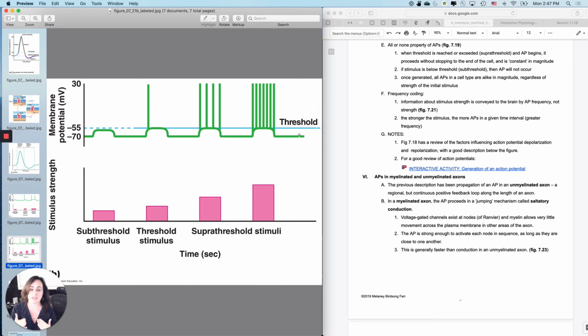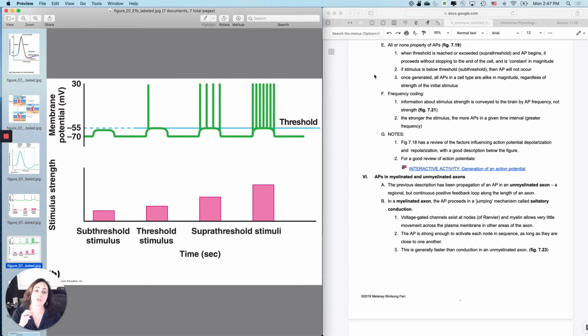The difference is really this. Poke my finger with a pin, I get action potentials that kind of go like this. They go pain, pain, pain, because it's not a very strong stimulus, so I don't have very frequent action potentials, versus cut my finger off, the same neuron would be going pain, pain, pain, pain, pain, pain, pain, as fast as it could, okay? As fast as it could.